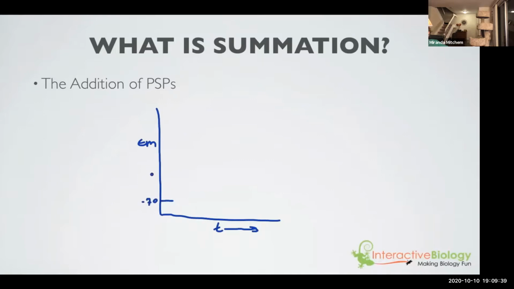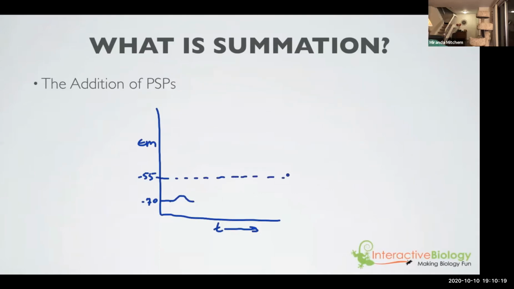Now we've spoken about threshold, and we said that in order for there to be an action potential, the membrane potential needs to reach that threshold. And I'm going to say that's around negative 55 millivolts. So an action potential comes down an axon. It reaches the axon terminals. Neurotransmitters are released, and that causes an excitatory postsynaptic potential in the postsynaptic cell. What you're going to see there is there's going to be a little bump in the membrane potential. Now we know that the threshold is up here, so that bump is not going to be enough